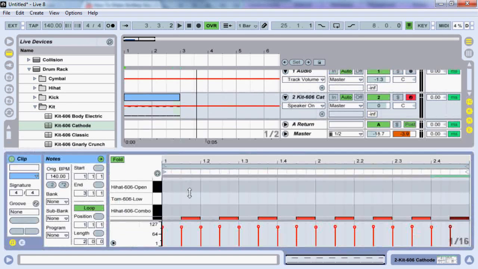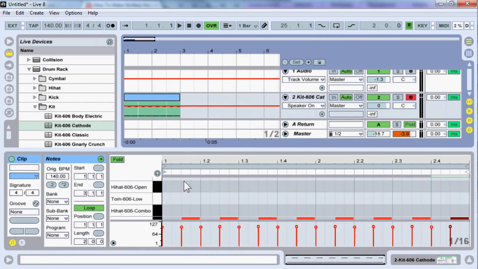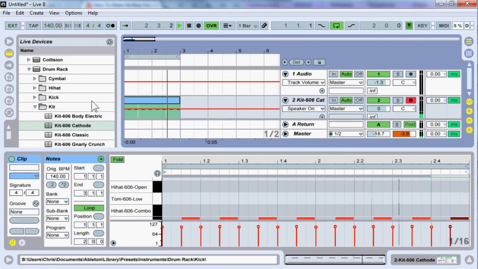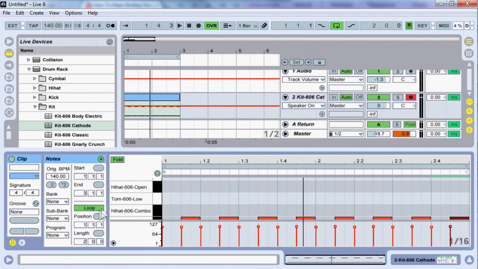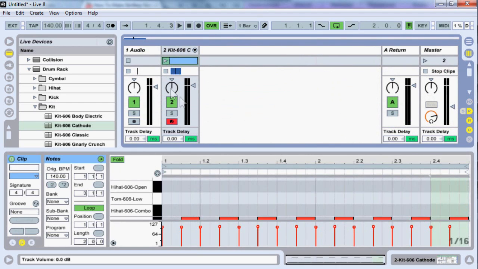Now if I wanted to just work with this area before arranging, I could press Control L or right click and loop selection. I'm just going to loop that over and over, which would give me a chance to add in other instruments. Or what you could do is make sure this loop button is enabled here and the loop region is set to 2 bars. You could click the clip and press Tab and put it into the mixer window here,